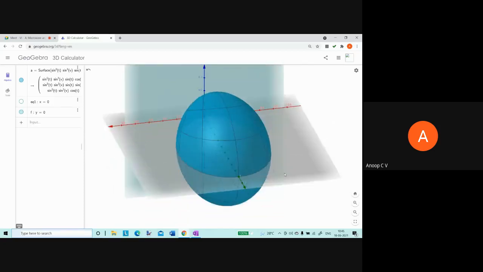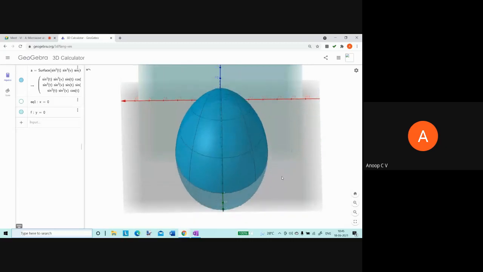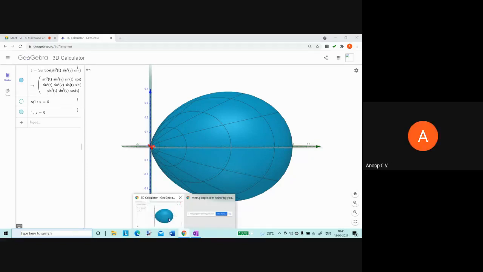In this plane, I will get the variation of phi. It will tell me the variation of phi, and the other one would have told me the variation of theta. Is it clear now how this pattern is? Yes, sir. Okay, fine. Now shall we go on and continue solving this problem?